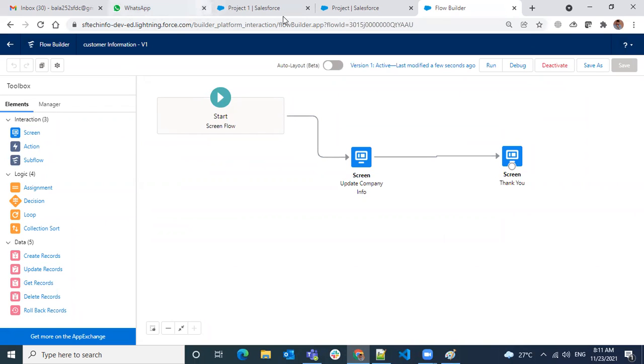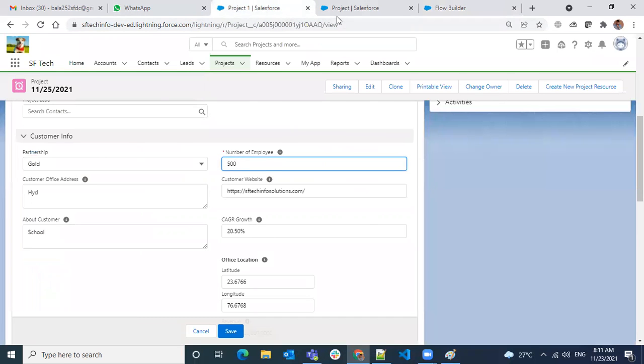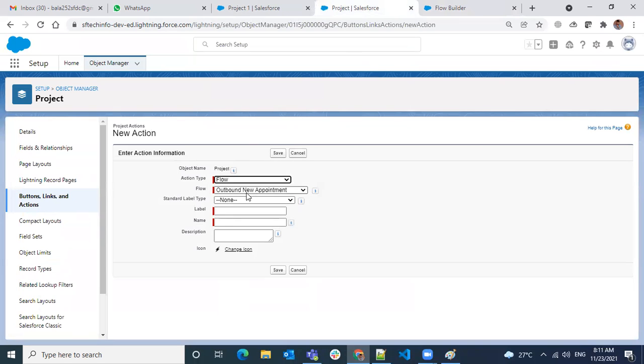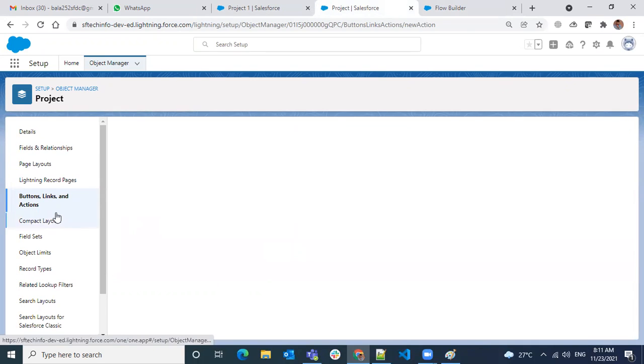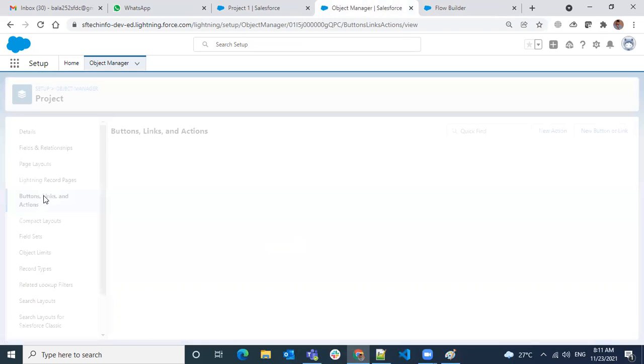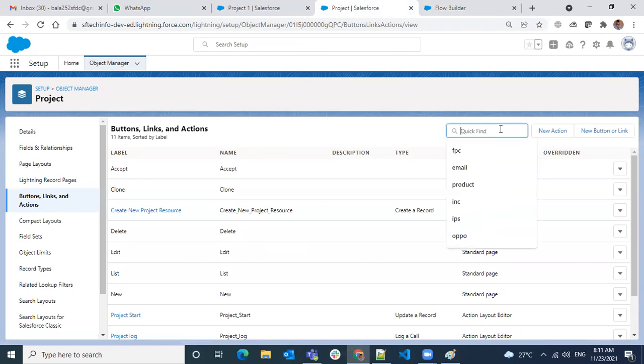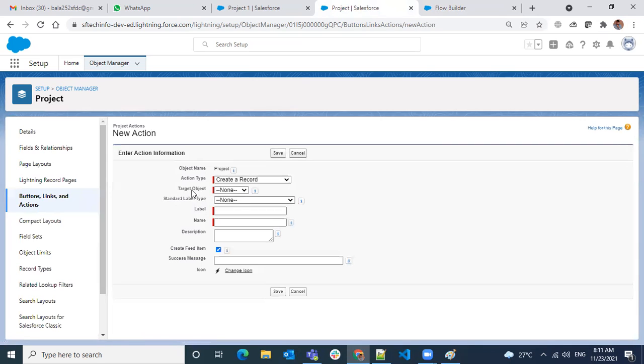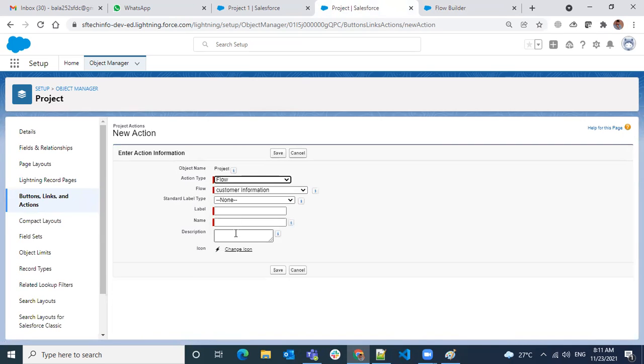Now, when I'm trying to create a custom action here, flows. New action, I have a flow, the customer information one.